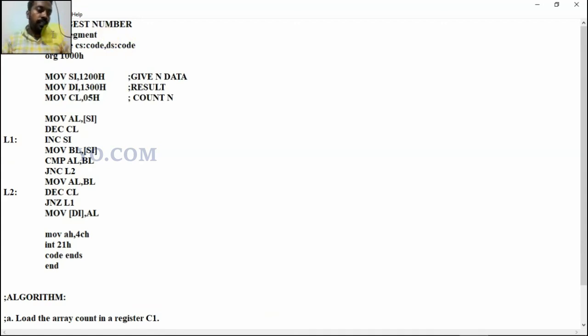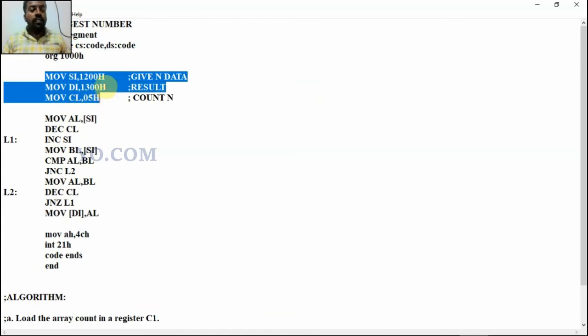Here the first three lines are assembler directives. Similarly, the last four instructions are also assembler directives. It is common to all programs. Here your initialization is available. At 1200 we can give n numbers of input, and at 1300 we store the result.